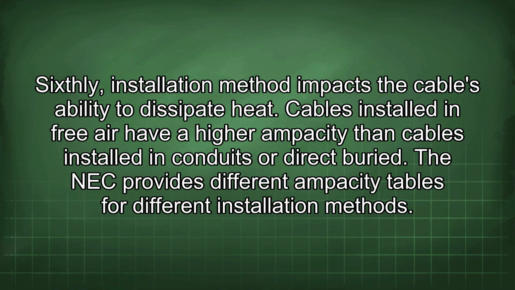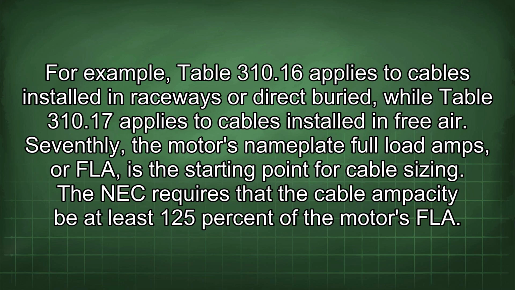Sixthly, insulation method impacts the cable's ability to dissipate heat. Cables installed in free air have a higher ampacity than cables installed in conduits or direct buried. The NEC provides different ampacity tables for different installation methods. For example, Table 310.16 applies to cables installed in raceways or direct buried, while Table 310.17 applies to cables installed